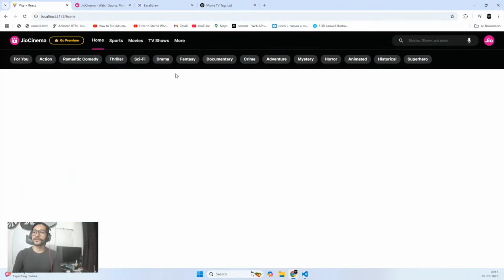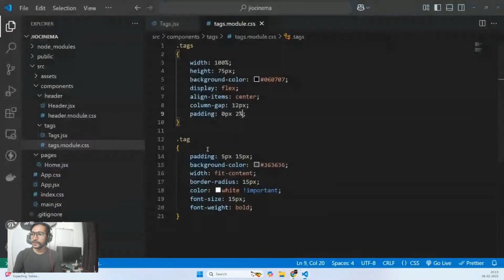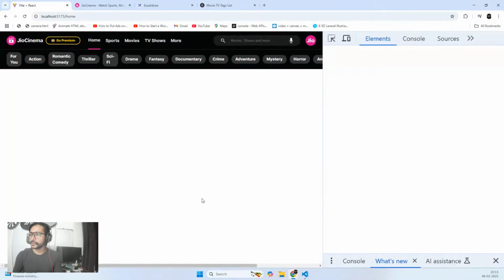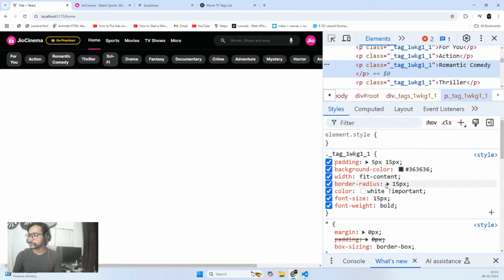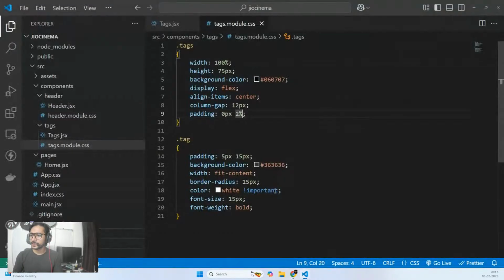And see, on hover, what's happening here is the color is changing. You can see that the color is a little lighter. So we can also do that. Let's see a little light color here. This will be fine. Not exactly same, but almost similar. So on tag, when I hover,